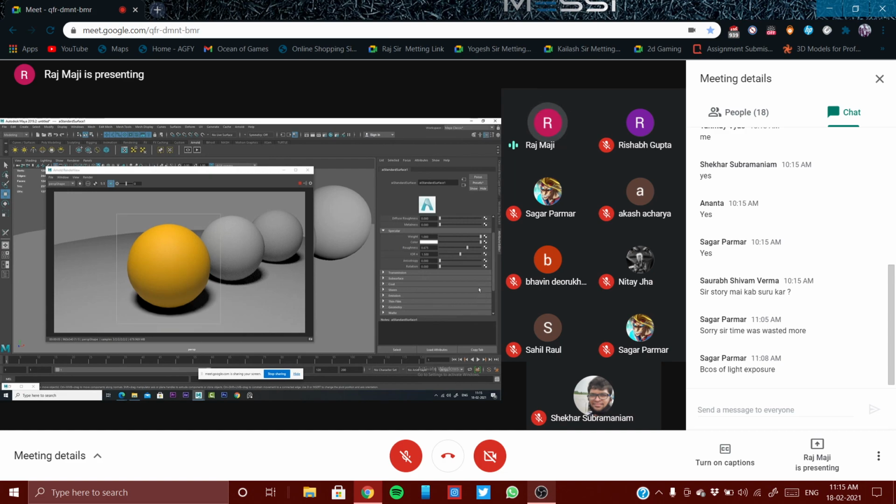Suppose you are creating a balloon, so roughness will be very high, isn't it? Approximately 60% roughness. In a balloon you cannot see the specular highlight, it is there, but barely visible. So the specular roughness is going to help you, and that kind of surface you can get.